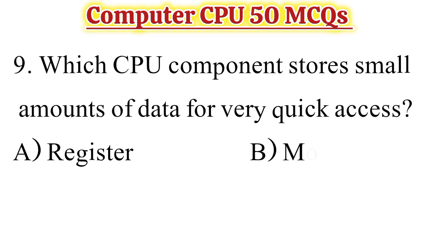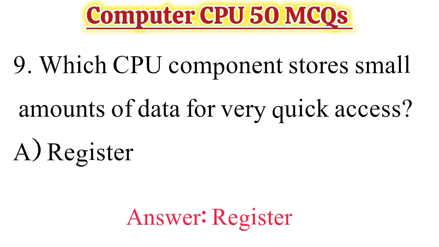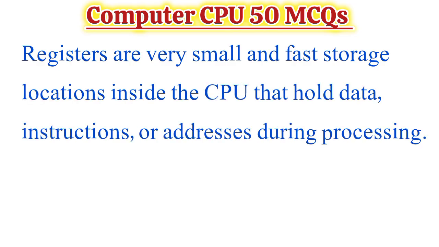9. Which CPU component stores small amounts of data for very quick access? A. Register. B. Monitor. C. Printer. D. Keyboard. Answer: Register. Registers are very small and fast storage locations inside the CPU that hold data, instructions, or addresses during